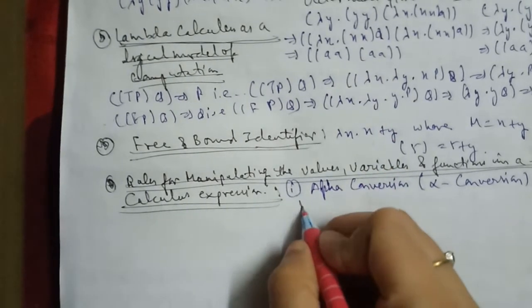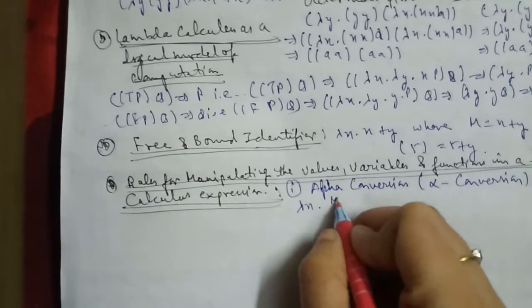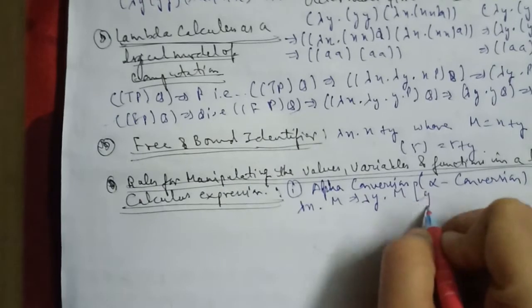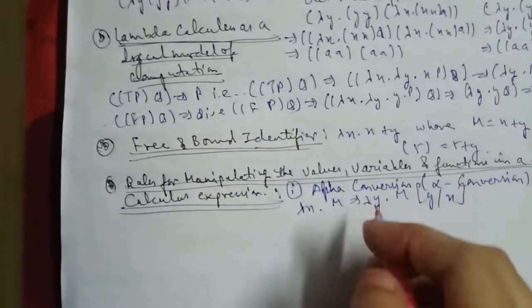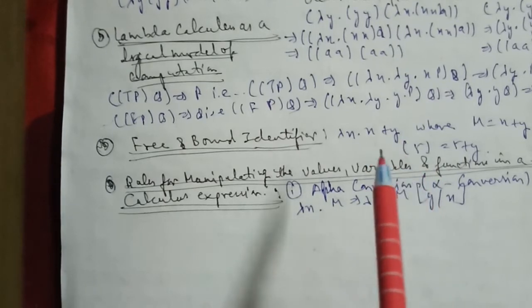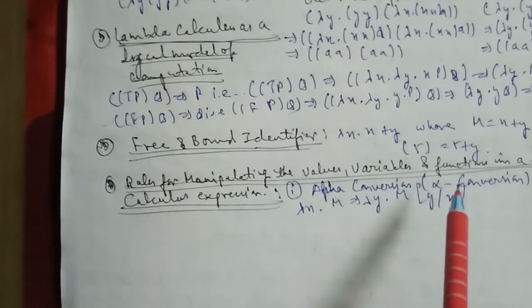The expression we have is lambda x dot M that gives you lambda y dot M, which is M of y of x as well, and that is your alpha, provided that y does not occur at all in the expression,